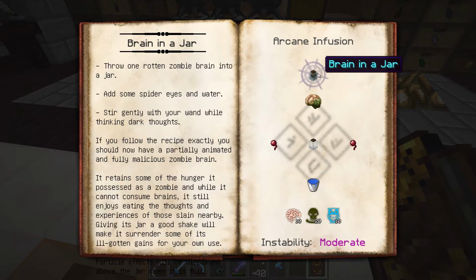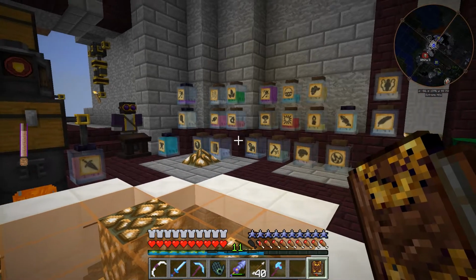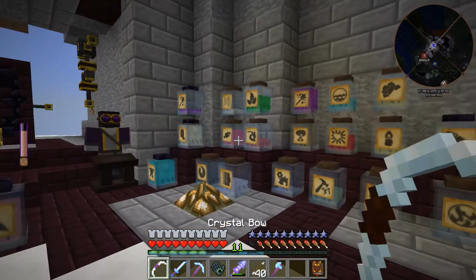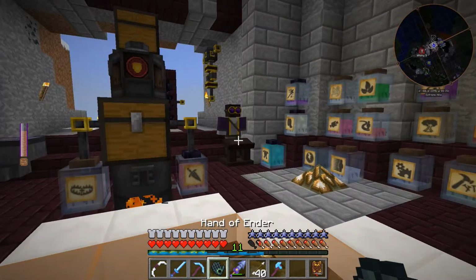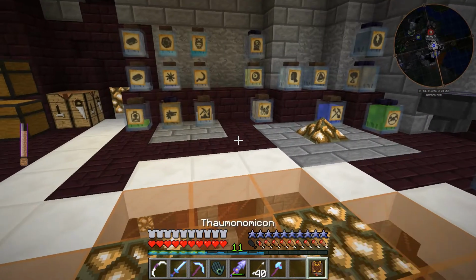Okay, so this is exactly what we need. We need this downstairs for our golem to collect all the experience automatically. We can just farm experience that way. Hopefully this will stop us from having to sit down there and do a bunch of killing all the time. So for this infusion, what we need is